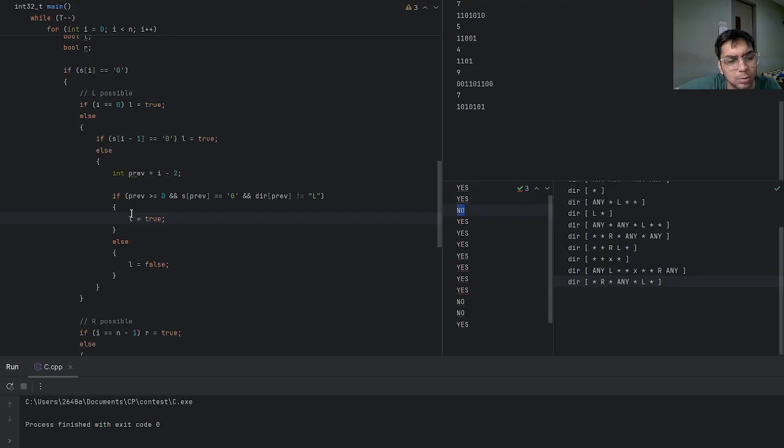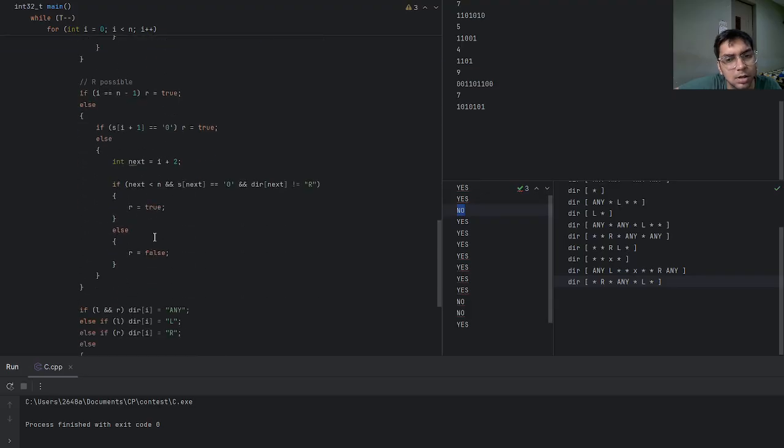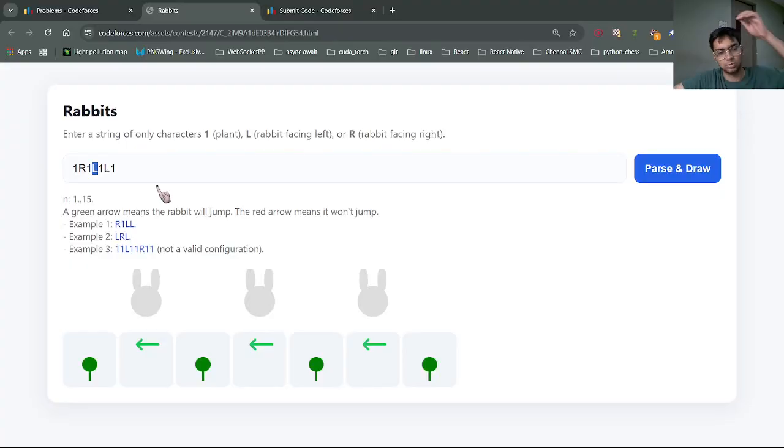R में रख सकता हूँ क्या? R रख सकता हूँ क्या मैं? ओके, यहाँ पे L में रख सकता हूँ, yes। R का सीन है कि R में रख सकता हूँ या नहीं रख सकता।